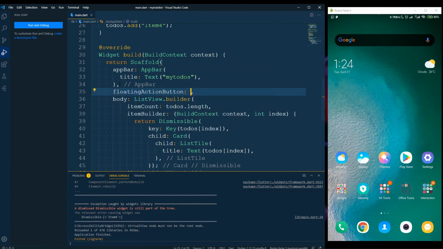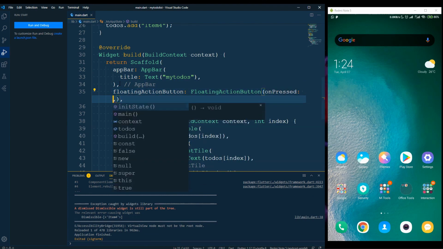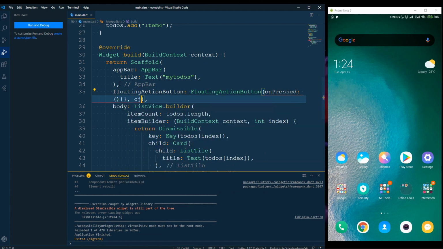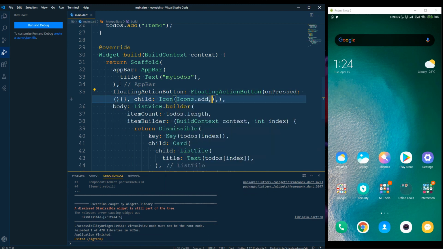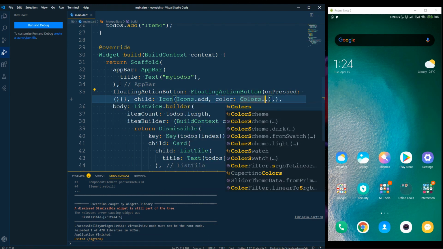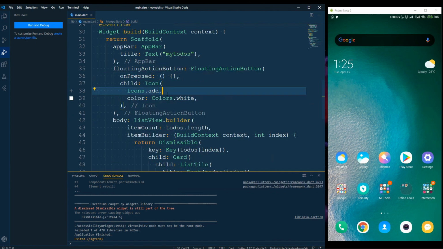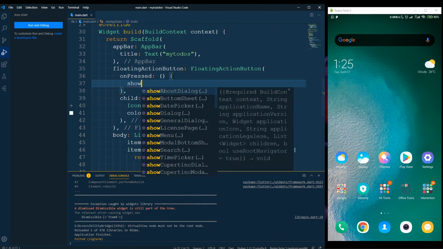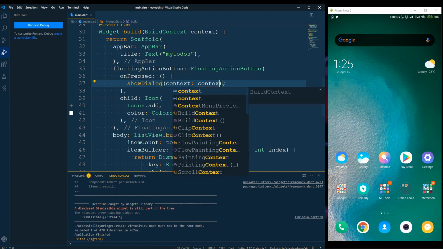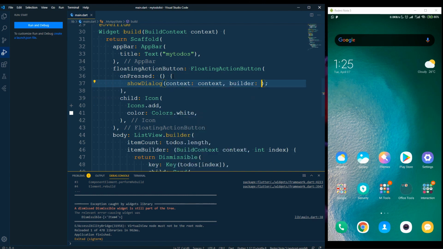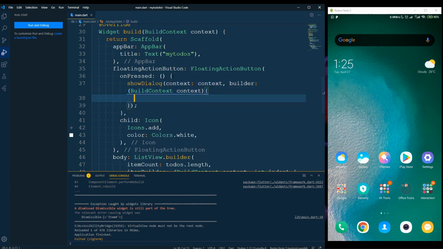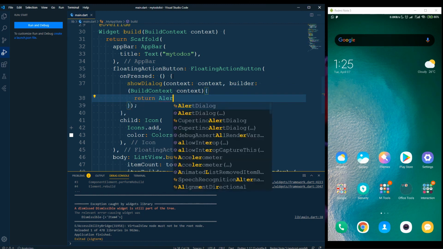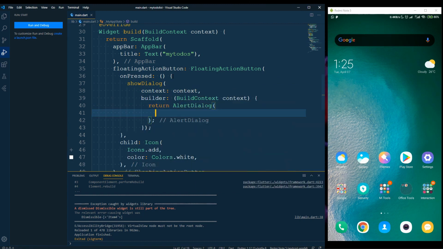So we say floatingActionButton, and inside our floatingActionButton, we say child, and we want to use Icon, and we want to make the icon white. Alright, and when we press our floating action button, we want to show a dialog, and for the context we say context, and for the builder we say BuildContext, and we want to return AlertDialog,